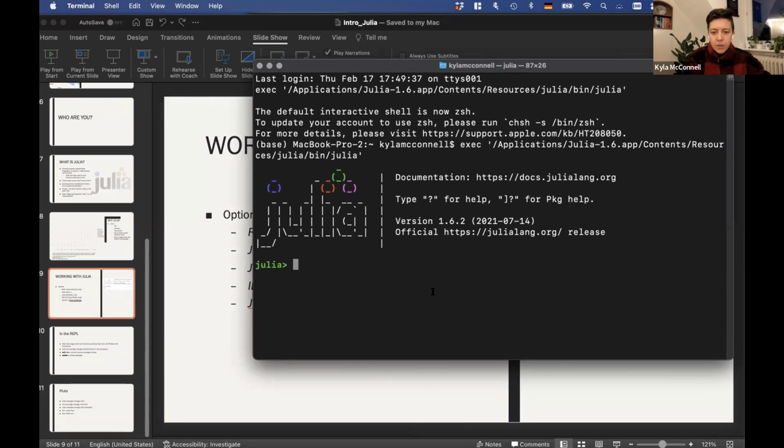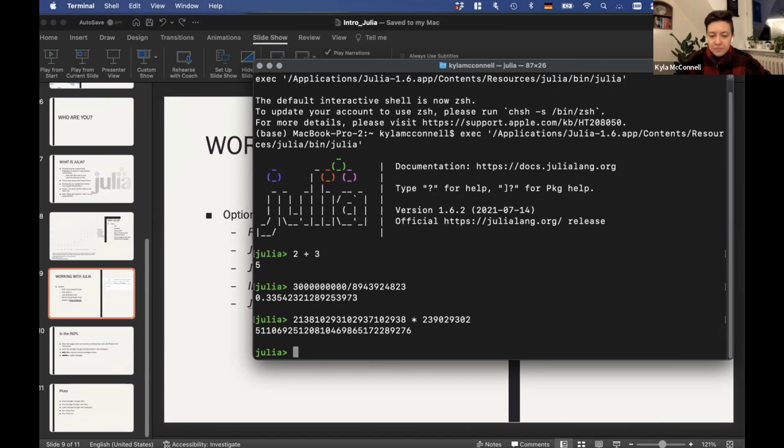If you open up your Julia REPL like this, you can try different math problems, for example. And you'll see, of course, Julia can handle any sort of complex or random math stuff pretty easily. There's no math problem that's going to stump it. So you can play around with what Julia can do in terms of basic math. And you could also run Julia commands in this line if you wanted to. That will work better with things that are pretty simple. But basically, when you're working here, it's always working in the Julia language.